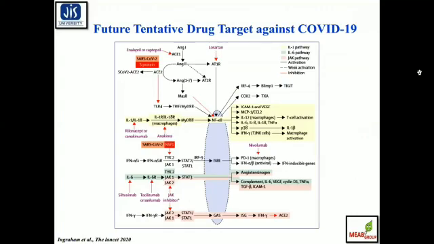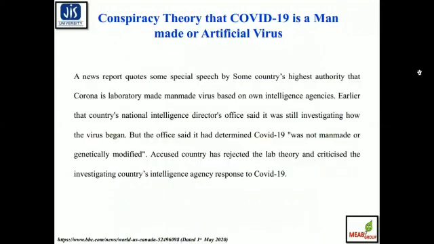That means this diagrammatic presentation will give you some idea what the probable target of COVID-19 should be, and it will accelerate the discovery of new drugs. The next concept is the conspiracy theory that COVID-19 is man-made or an artificial virus. A news report quotes some special speech by some country's highest authority that the corona is a laboratory-made virus based on